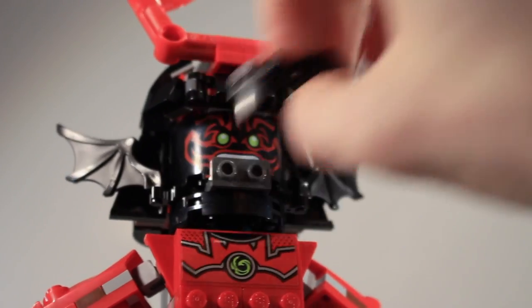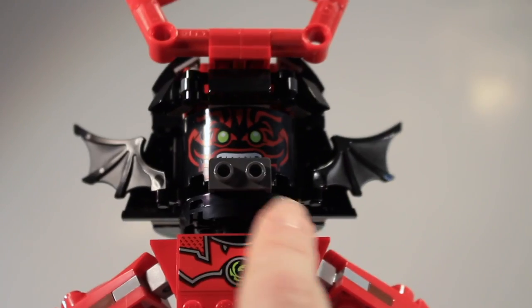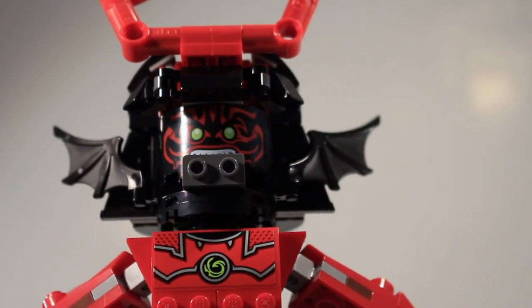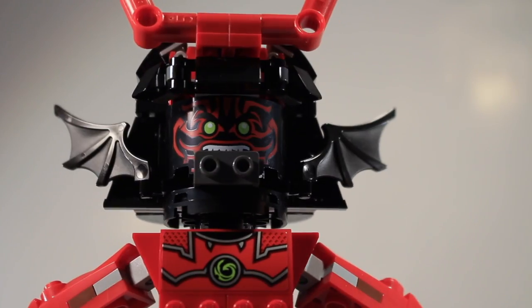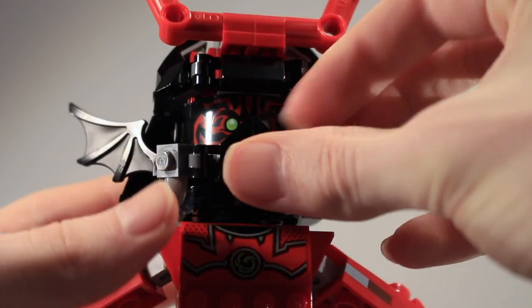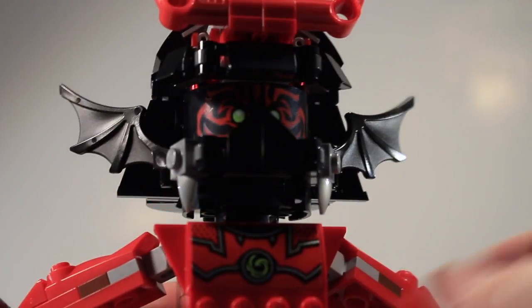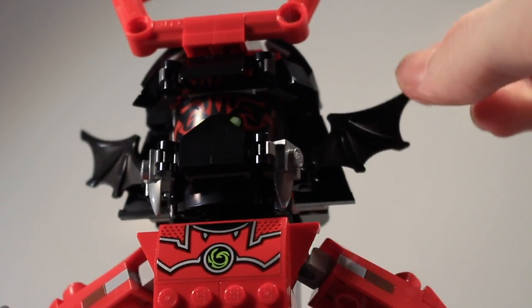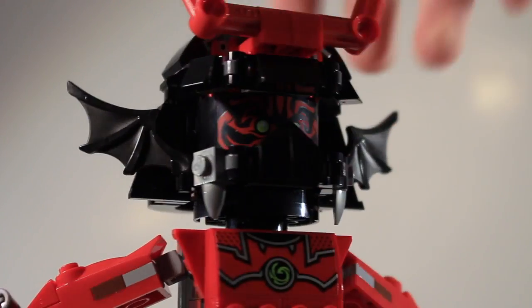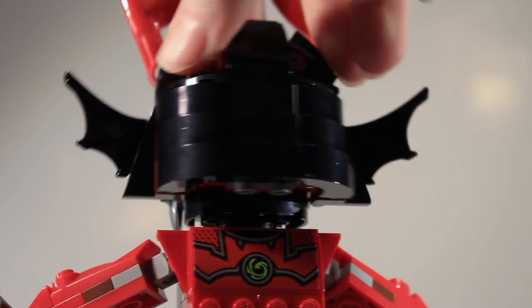The face itself is kind of obstructed by this piece here, but you get the gist of it. It is just a basic red Stone Warrior face. I'm not sure if it's the same design as the 2013 ones, but it looks pretty similar. And you can put that on to complete the helmet, and it does use these bat wings from Chima as the little guard pieces. And then the head articulation, you can spin it all the way around, and they have